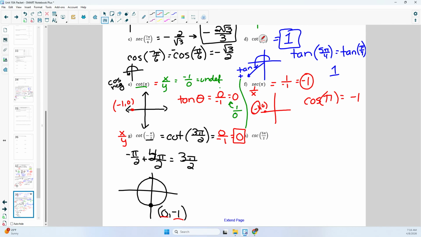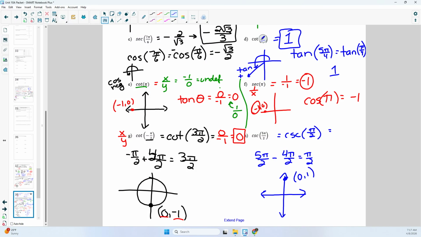If I had started from tangent, tangent is undefined. So I have to really work from that point, because if I think it's undefined, maybe I think everything related to it is undefined. So as I said, better to work from the point for quadrantal angles. So this one, 5 pi over 2, I'm going to subtract 2 pi in the form of 4 pi over 2, and get pi over 2. So this is the cosecant of pi over 2. I'm going to put my point down at pi over 2, which is 0, 1. Cosecant is 1 over the y value, 1 over sine, so it's 1 over 1, which is